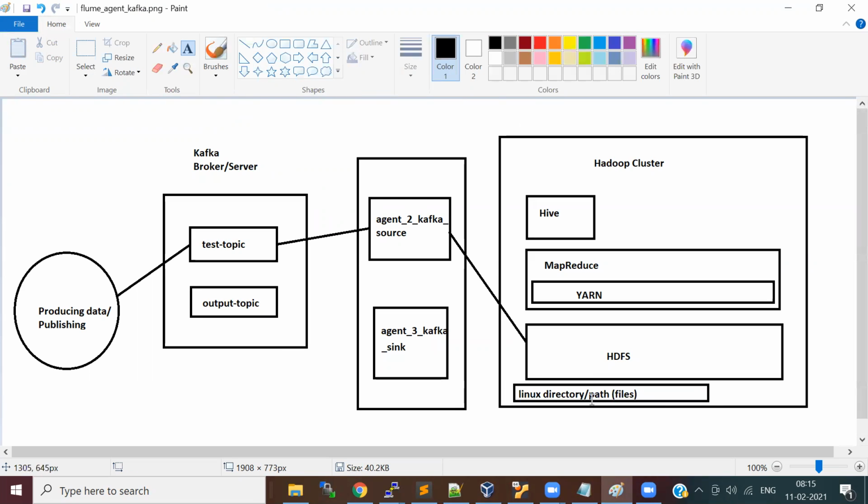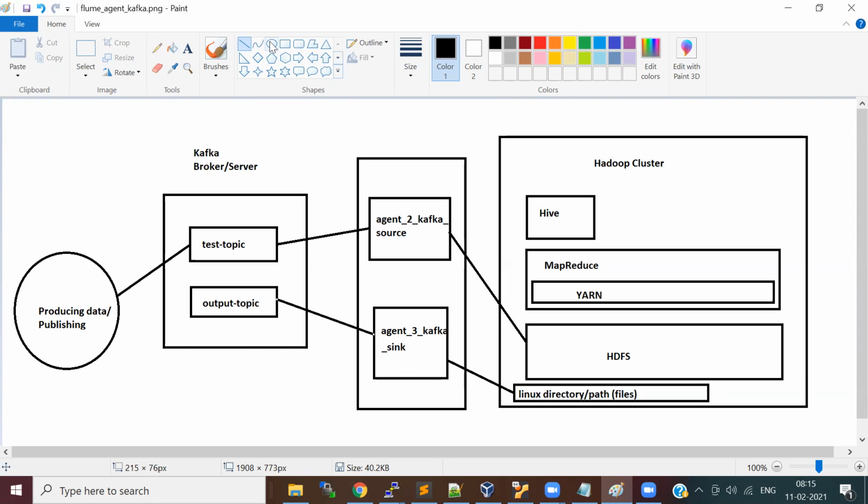So if we have files coming to this directory, how do you pick that file? This agent will pick this file and then write that data into the Kafka topic.